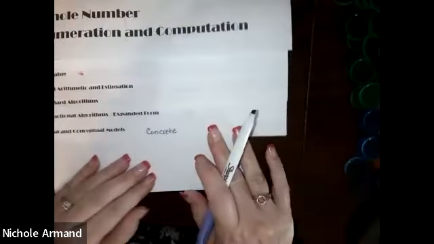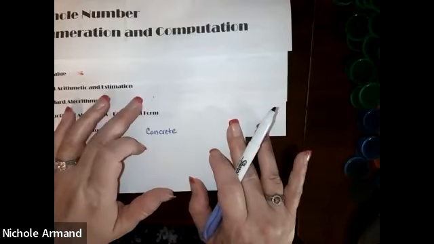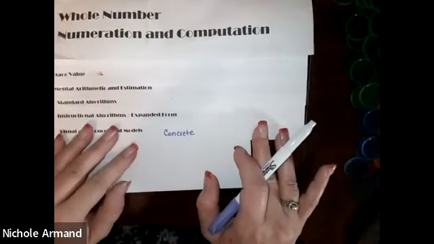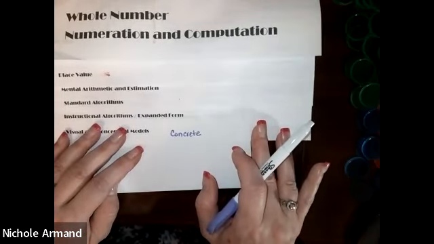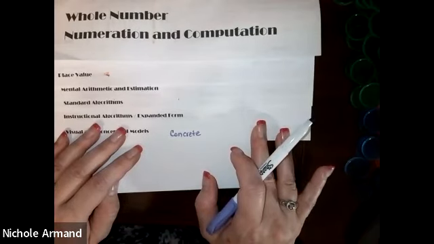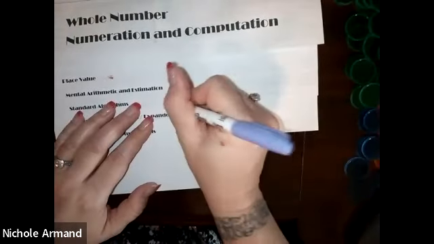So these are very concrete. And then as we get to the standard algorithms, which are the ones that everybody probably learned when they were in school, or your parents learned when they were in school, these are very abstract. So the standard algorithms,